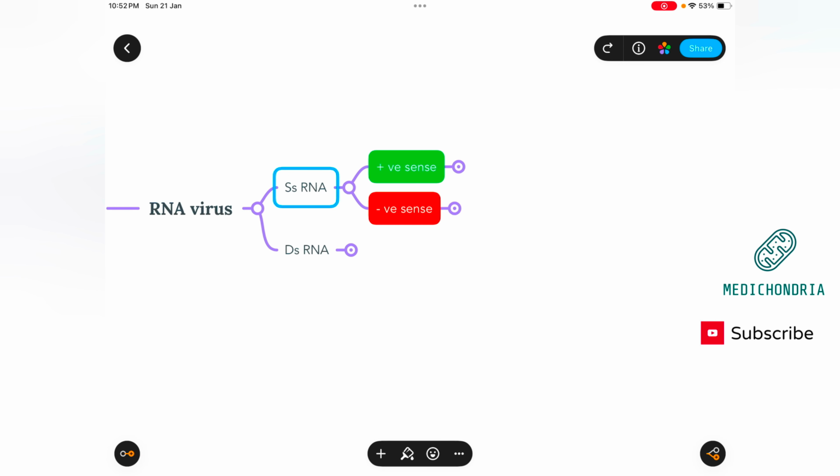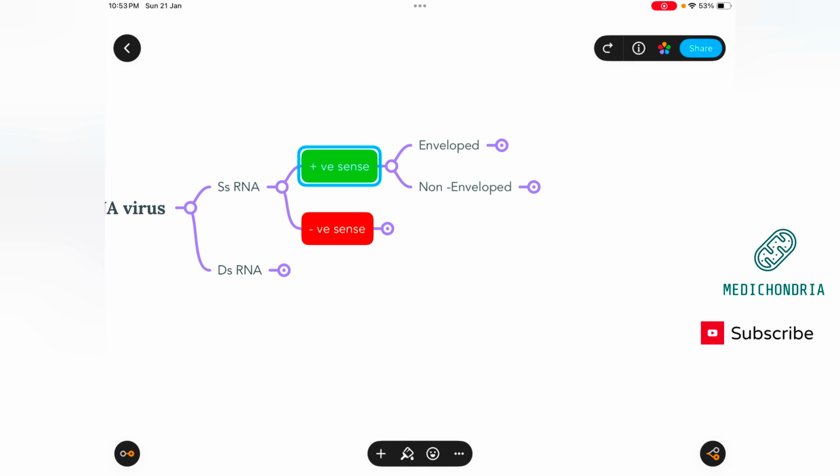Over here in the positive sense RNA viruses, the viral RNA is similar in sequence to mRNA. This means that the genomic RNA can be directly translated by the host cell ribosome into viral proteins. Okay, so I guess you got this. For example, we have hepatitis C virus in positive sense, and over here we have enveloped,